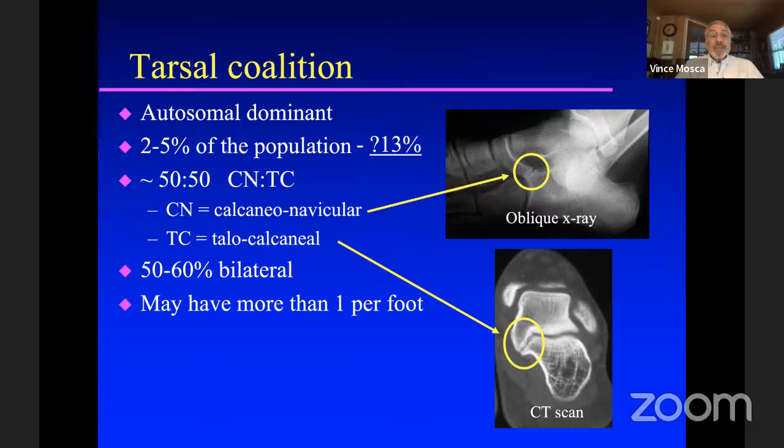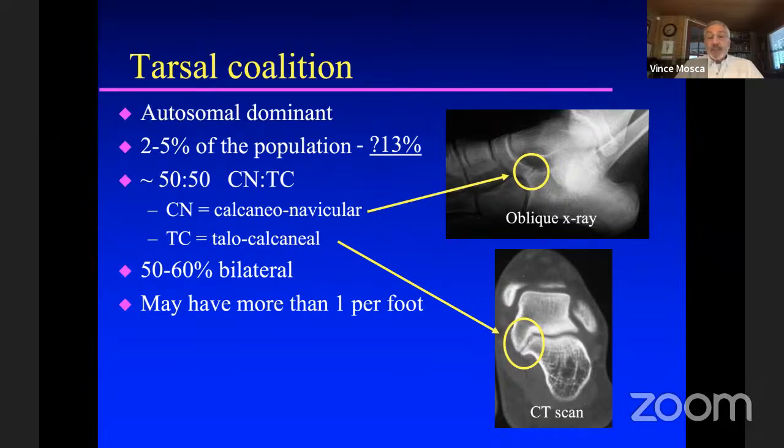They may be in the most common locations, which are between the calcaneus and the navicular, or between the talus and the calcaneus, the so-called subtalar coalition. But there are many others throughout the foot, between the cuneiform bones, between the navicular and the cuneiform. There can be many others, but most of the coalitions are between the calcaneus and navicular, which you can see